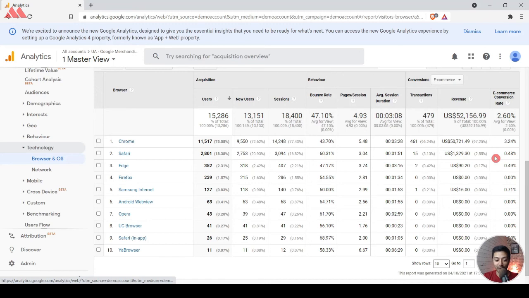So the designer or the UI guys of this website need to take a look at why there is a difference between devices, which is also clearly visible in browsers as well. So this is how you get data for browsers as well as mobile devices in Google Analytics. And with that data, you can clearly see where your visitors or potential customers are coming from and what are the things that you need to improve to convert those visitors into customers. So whatever your business is, if it is an e-commerce site or maybe just an informative blog, you can go ahead and deep dive into this data and make improvements as per requirement.